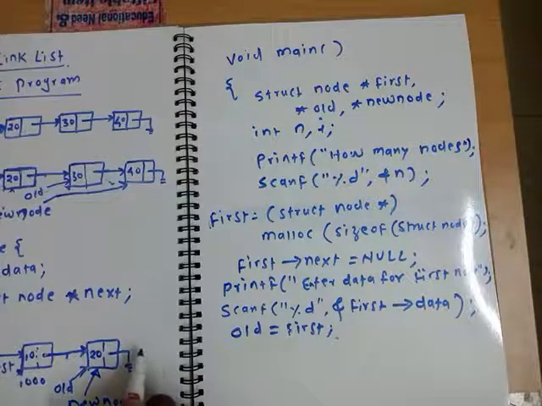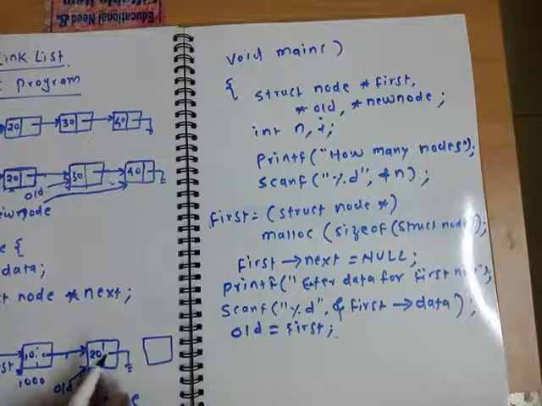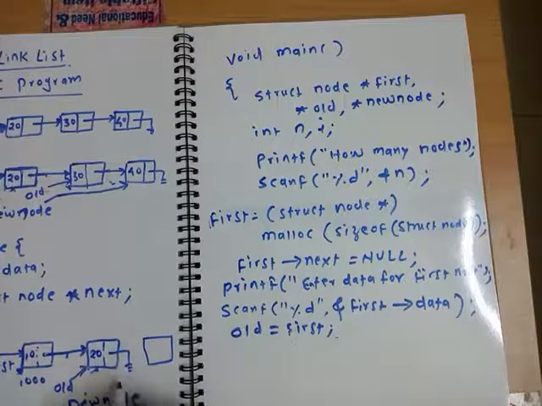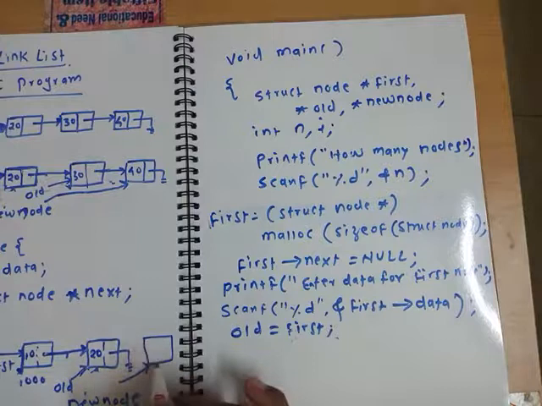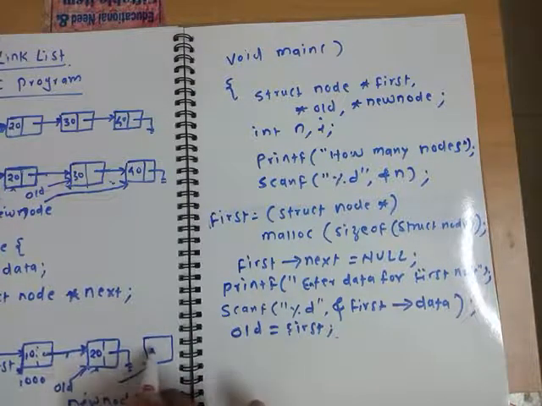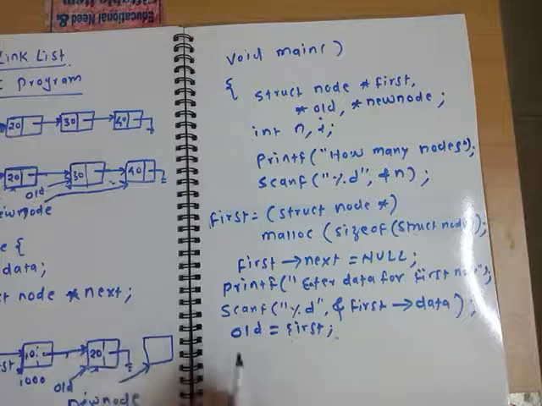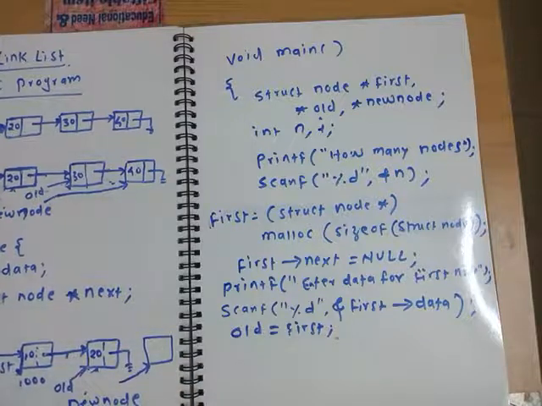Then again we'll demand memory for the new node, or the next node, and that memory will be pointed by the same new node pointer. We'll reuse it, right? And then we'll read the data there, set the next pointer to null there, and then we'll say old arrow next is equal to new node and old is equal to new node. In fact, if you see,